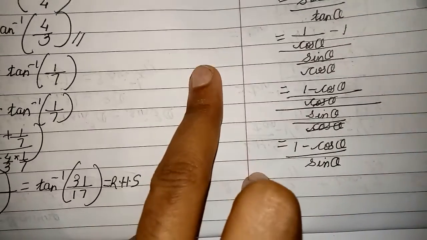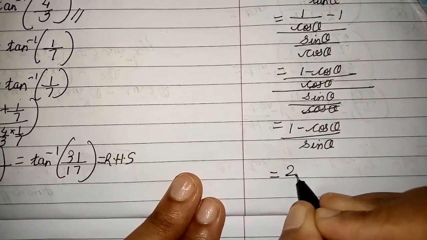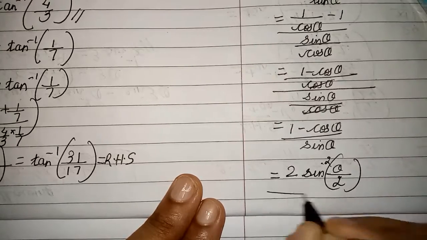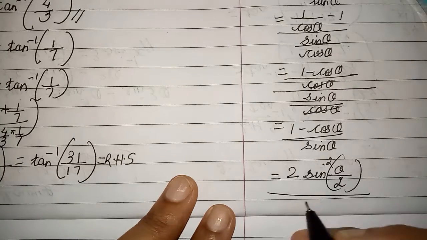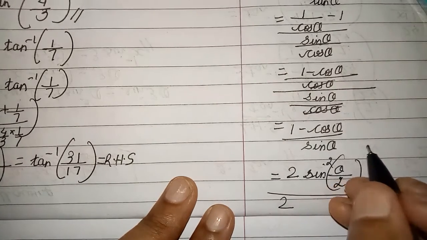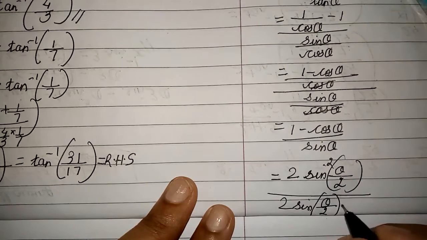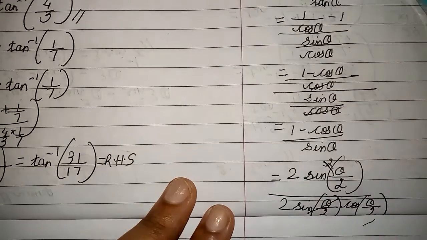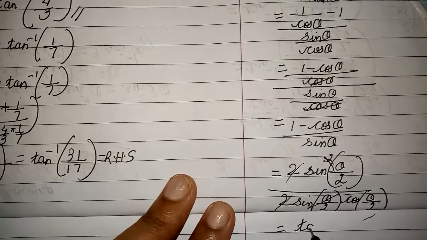Now last year you have learned the formula for 1 minus cos theta. 1 minus cos theta is 2 sin square theta by 2. Yes, last year's formula, trigonometric functions. And sin 2 theta is 2 sin theta cos theta, so sin theta will be half of this angle. I hope you are following, right? These are all applications of formulas. 1 and 1 will get cancelled, 1 sin, 1 sin, 1 2, 1 2. So what remains, children? Sin by cos of the same angle will give you tan theta by 2.